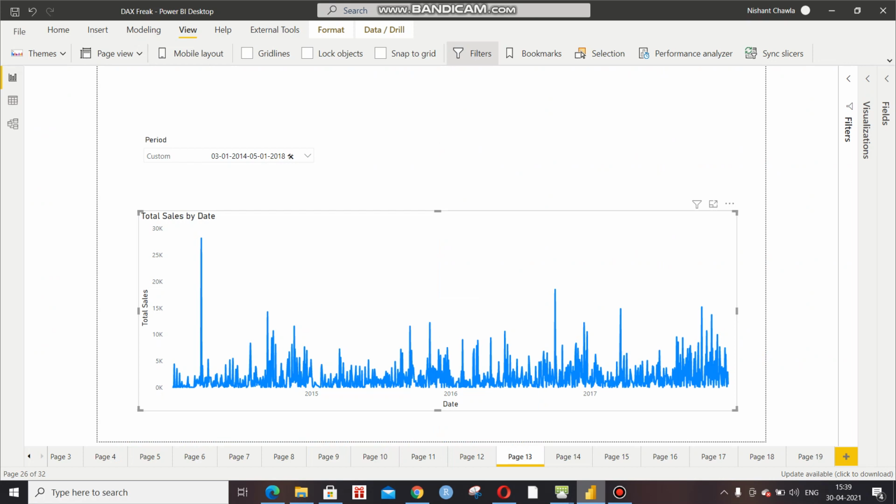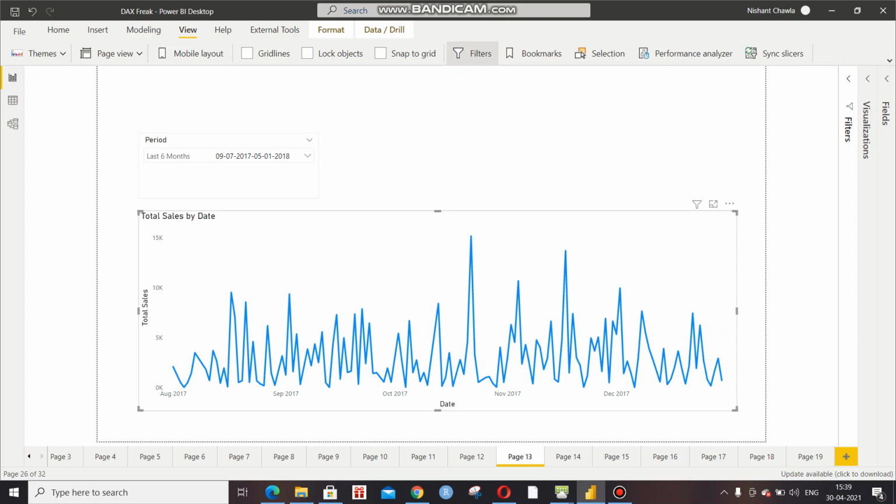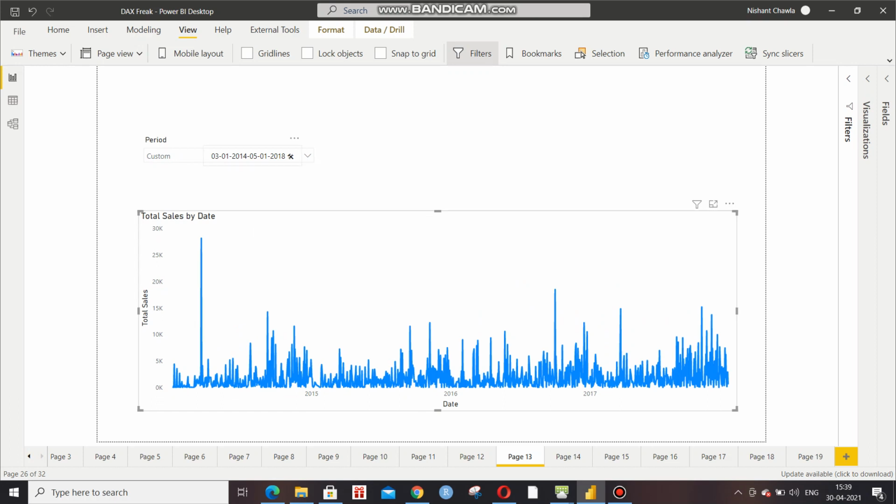But then I've come up with a very interesting and different kind of video wherein, can you see this line chart? What I'm doing here is I have a period selection here, and I also have this button here. So now if we select the last 3 months, we'll only see the data for the last 3 months. If we select last six, we'll see for 6 months. If we select last year, we'll see for last year. And if we select custom and we click on this button,